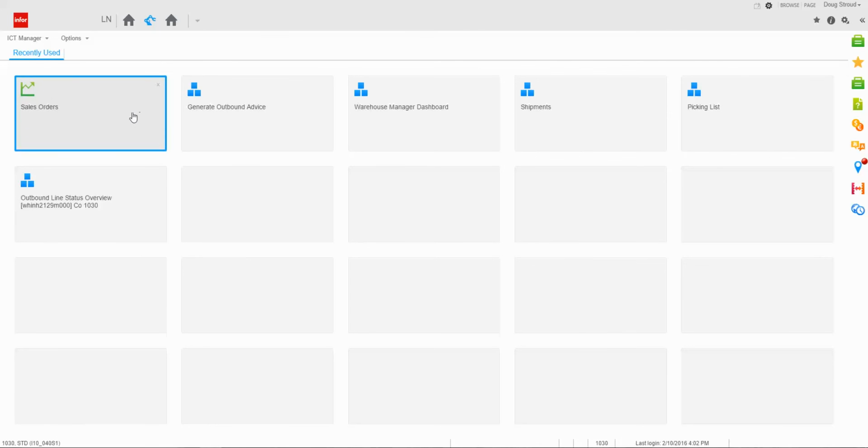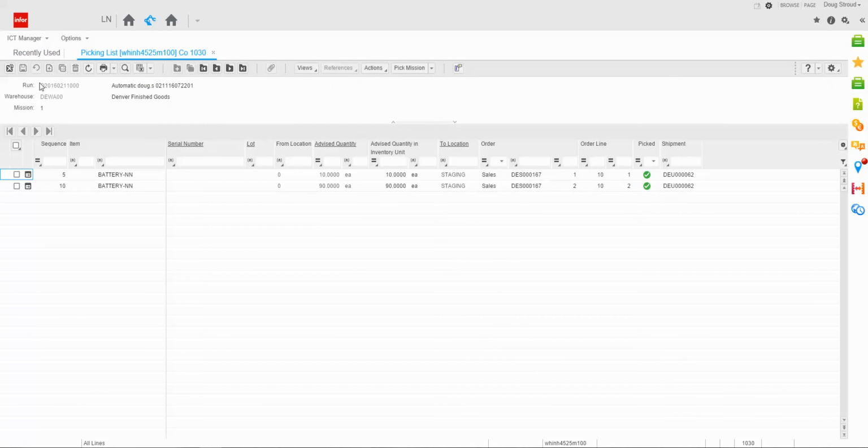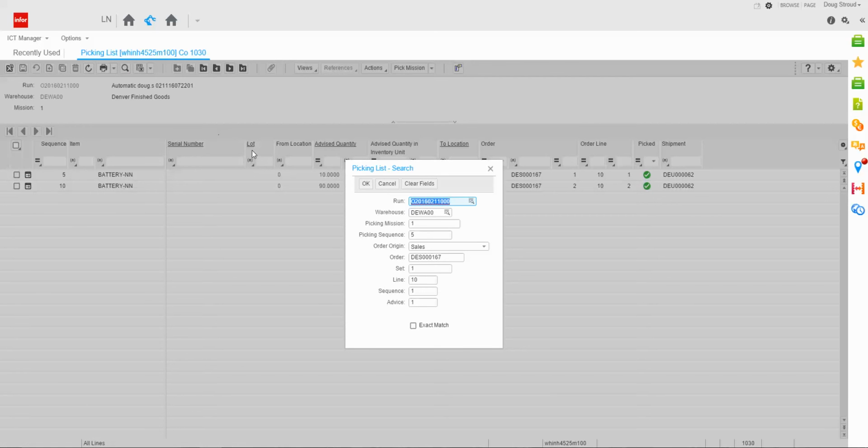I'm going to close that. Now, remember, because I had the pick list that I gave to the warehouse person to go pick the goods, he's now picked the goods and come back and wants to report the picking. So what I'm going to do is come here. I'm going to click the find button or search. I'm going to paste in my run number, and then I'm going to delete out the remaining fields